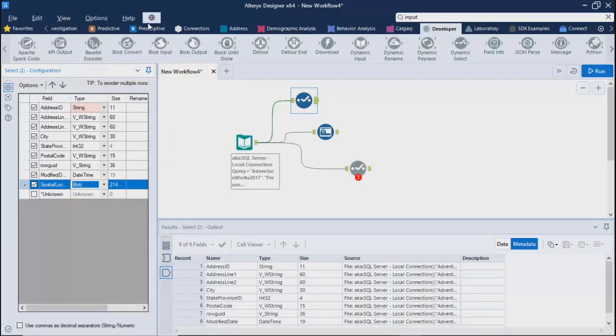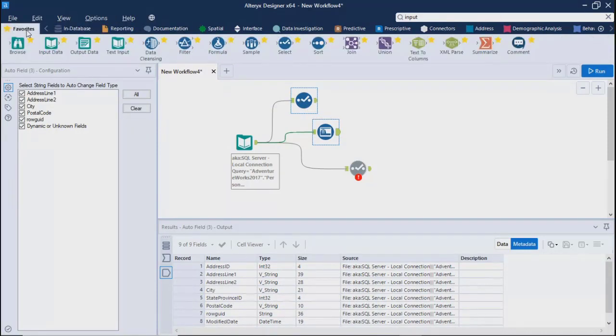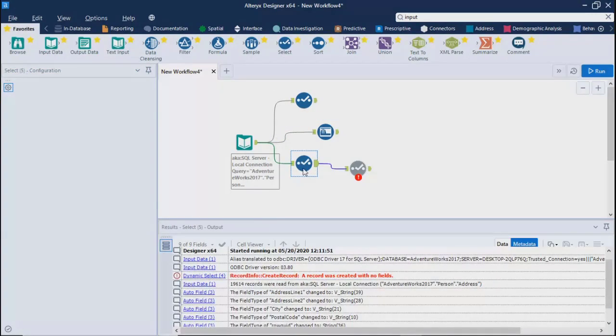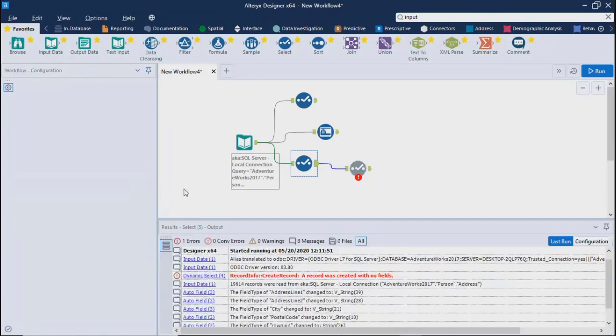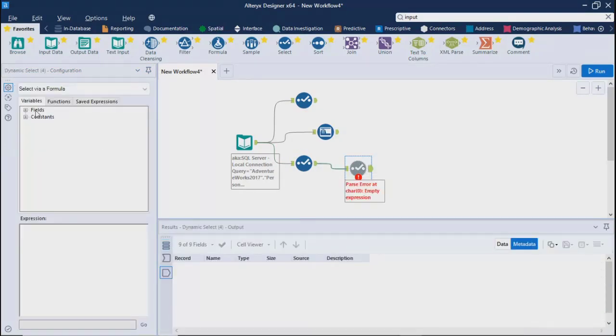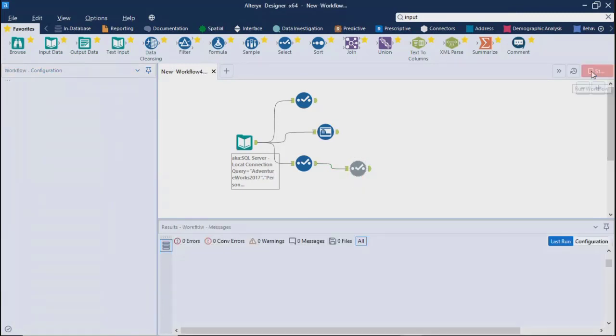I will drag this Preparation Select tool once again. Where was the Select? Do you remember? This one. I'll put it over here, and from here I will change the data type of this blob and mark it as spatial object. And then we will run this. I'll select only spatial and we'll run this.